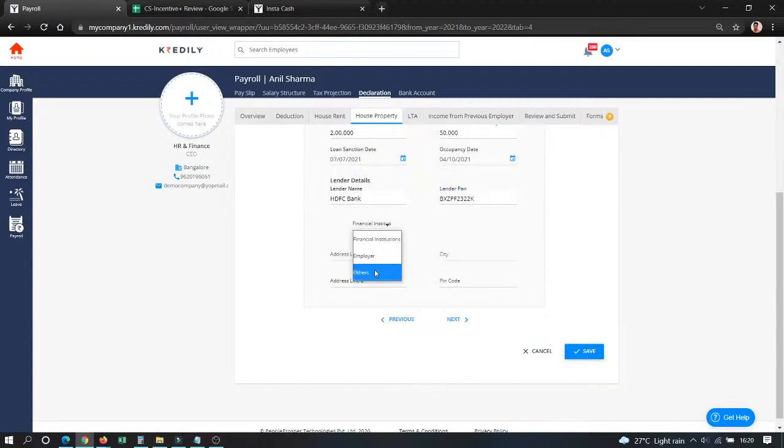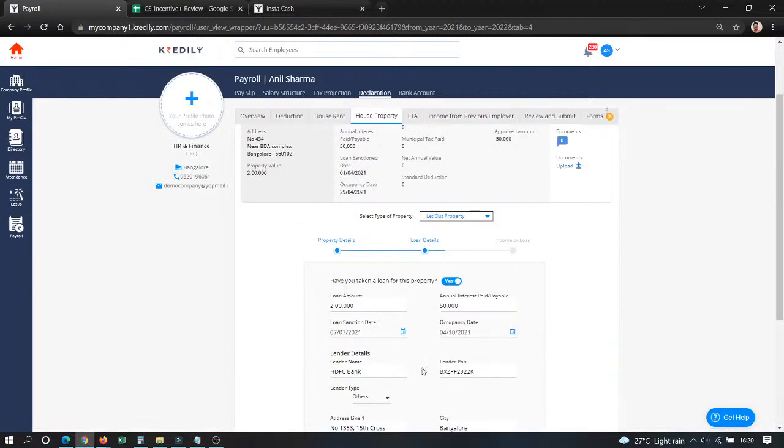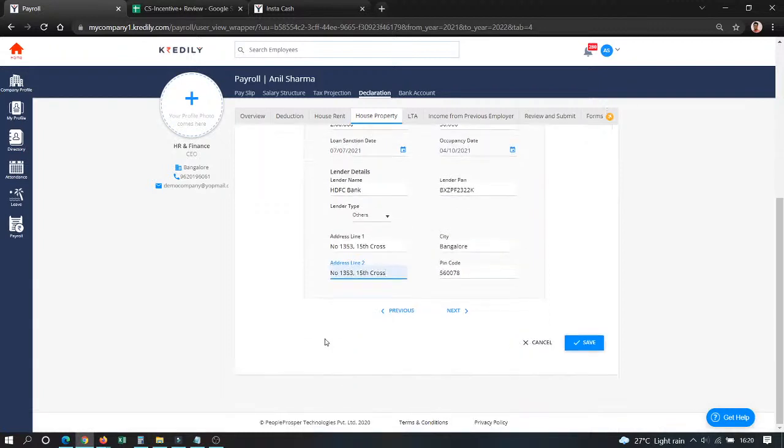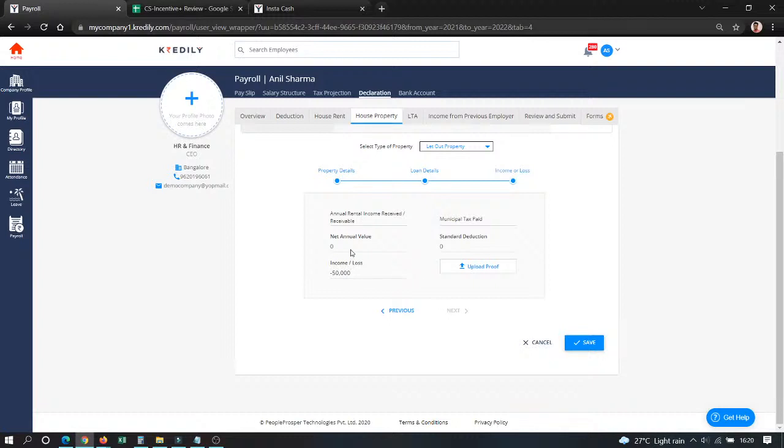Okay, you can just mention the bank details and the address that is required, your lender's address, your lender's PAN information. Obviously, I'm just adding random info or a valid PAN detail, but this is actually not the loan that I've taken. I'm just adding these details to show this to you. But once you add these details, please also add what is the net value and the tax that you have paid to the municipal corporation,